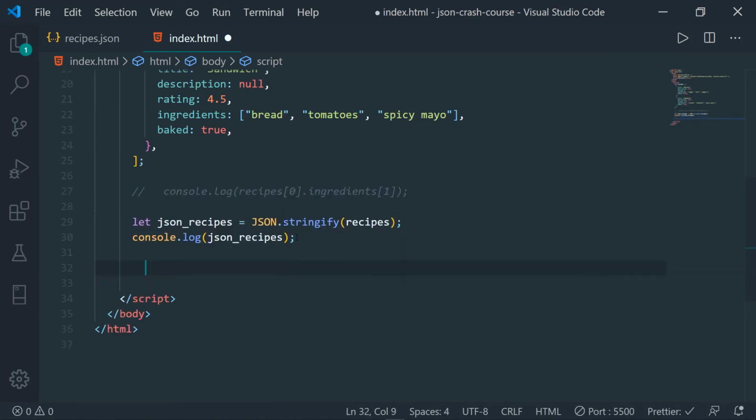So now let's say you don't want to send the data, but instead you want to access the data. So since the data that we have on the server or the API is in the form of a string, if you want to access that data, then we have to convert that string into a JSON object. So similar to how we have JSON.stringify, we also have another method called JSON.parse that is going to convert the string into a JSON object.